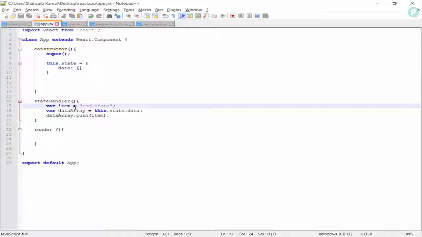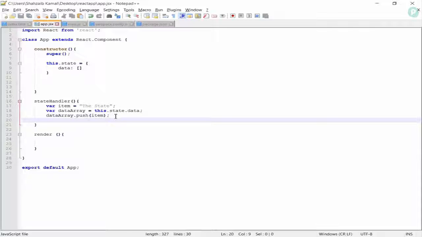Now the turning point here: I'm going down and asking for a new this.setState. This is actually the turning point. Inside it I'm putting the curly braces, and what setState does is update the component's data. This is specifically a feature of setState, that it updates the component data. So I'm going to update the component data for now, and here